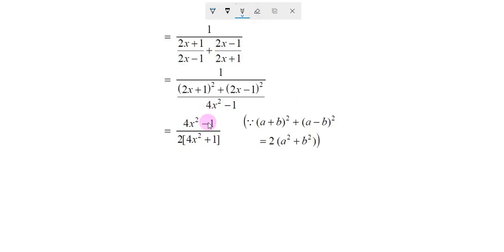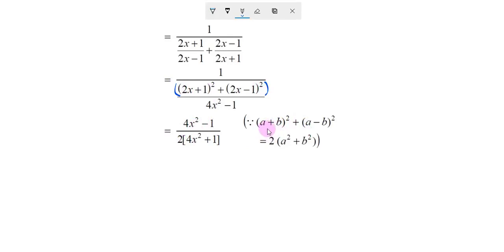Okay, now move this 4x square minus 1 as a numerator. How can I move? Because this is one rational expression, the whole divided it has, and 4x square minus 1 it has also denominator 1. So when we move this it goes that way. So 4x square minus 1, it goes as a numerator. Understood? So 4x square minus 1 by, now I solve this using this method.